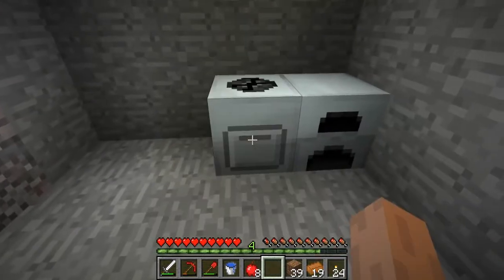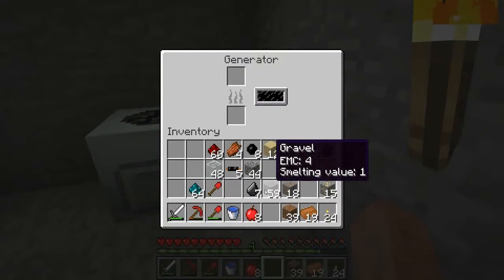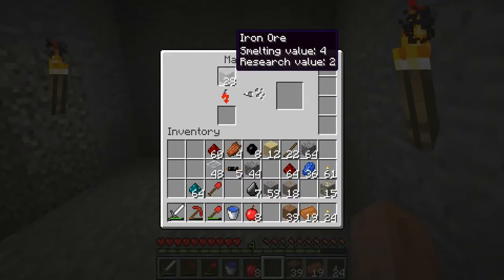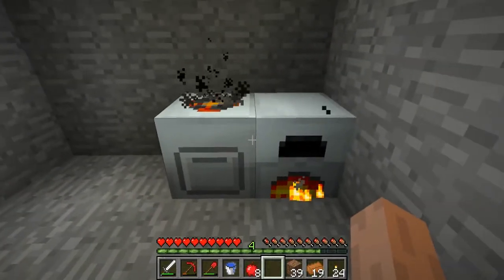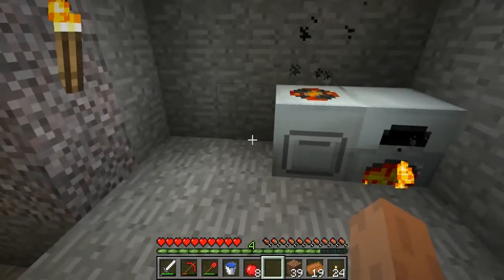So if I put that right there, let's put some of that in it, and then we'll just use coal in here. So it looks like it's working, and we didn't even have to make any copper cable. So if we make the extractor, I think it will take a copper cable to go around the back to the extractor,